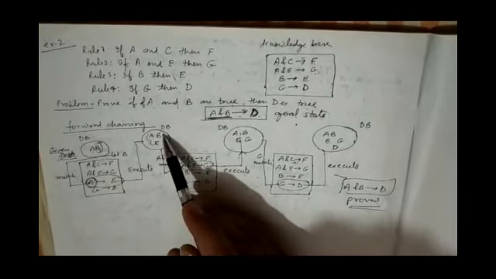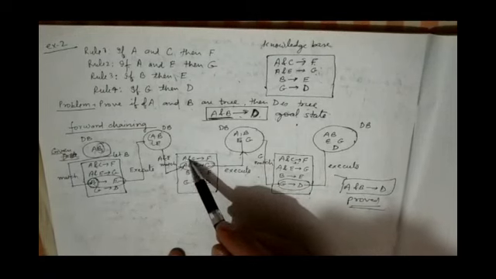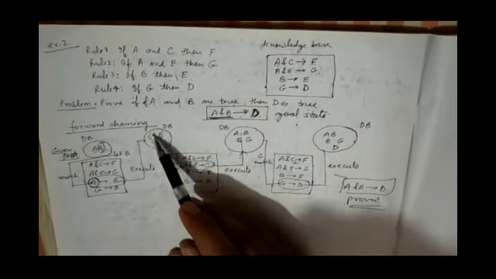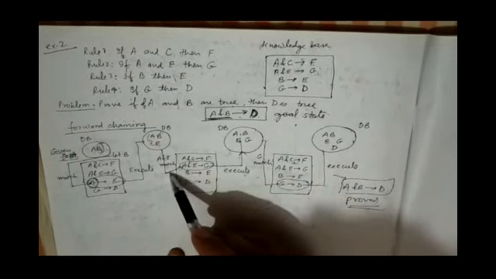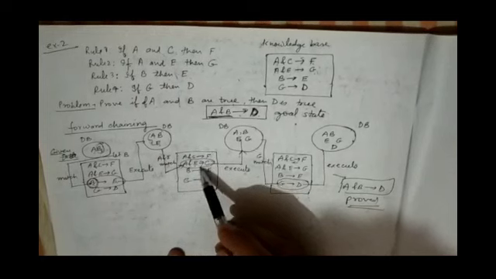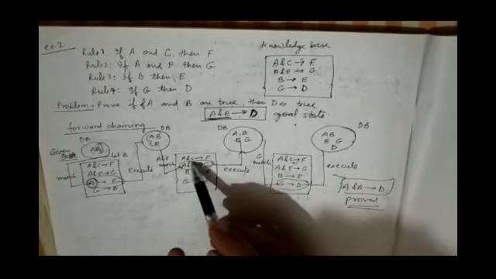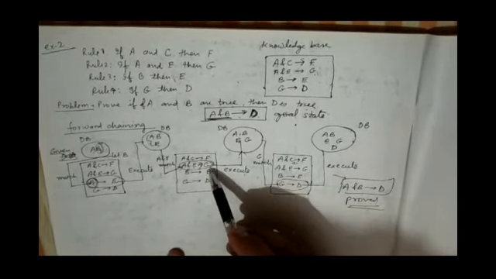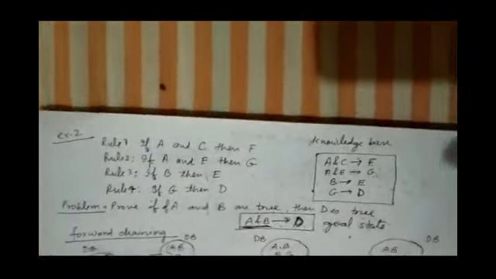Just see here, among these three, which set is matching with another inference rule in the knowledge base? A and C not matching. A and E, yes, we have two facts here, A and E. So this AE is matching with this inference rule, which derives G. So by using these facts, we are getting the conclusion G over here. Now it will be executed, and your database will have A, B, E and G.